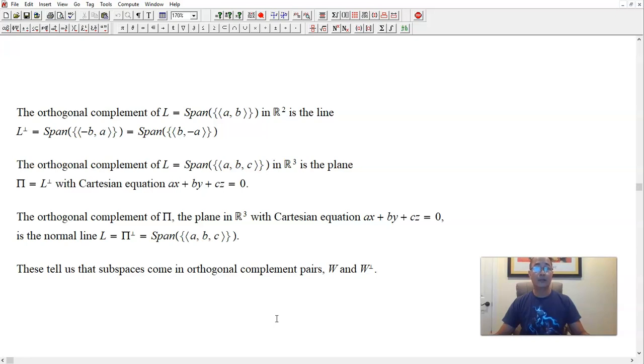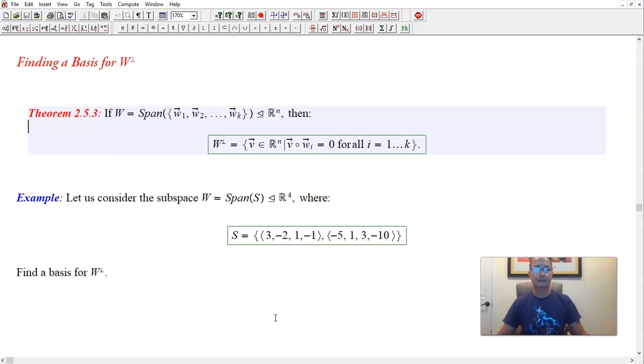They form a pair of orthogonal complements. So our next goal is to generalize our computations to R4, R5, and higher dimensional spaces. We saw what to do in R2 and R3. What do you do in R4 and so on? All right. So if we're given that W is the span of several vectors, W1 through Wk in Rn, then